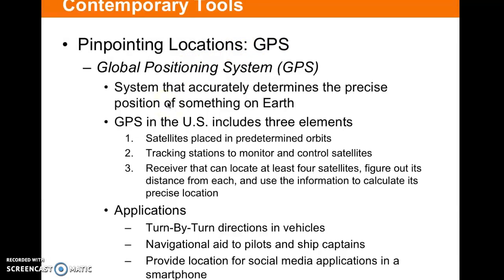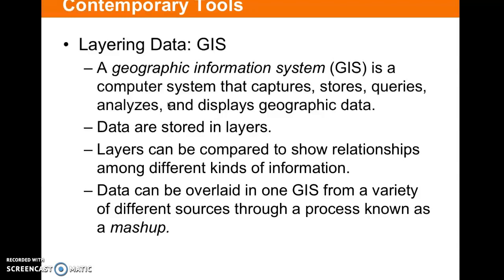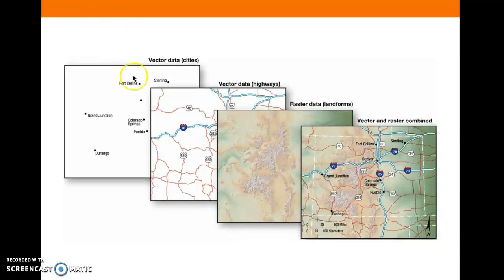When we pinpoint locations, we're using global positioning systems. So GPS has to do with where something precisely is. So it can give you directions, like on Google Maps, and it can provide locations, like when you're playing Pokemon Go, or when you're ordering food and they use your nearest location. And then GIS is what makes the actual maps, and so it's usually layered data, and so you get vector data, and you get something called raster data. So vector data is a location of, in this case, cities. Vector data could also be the location of the